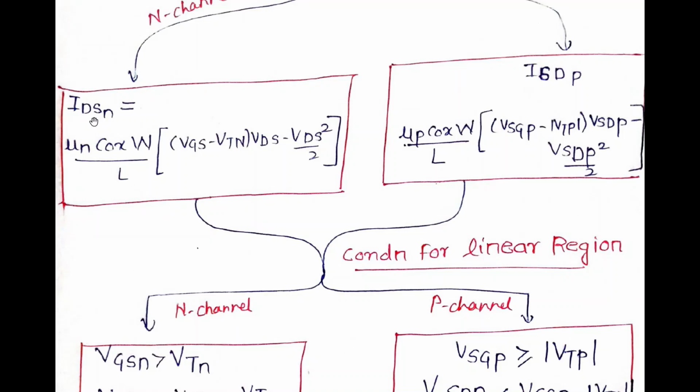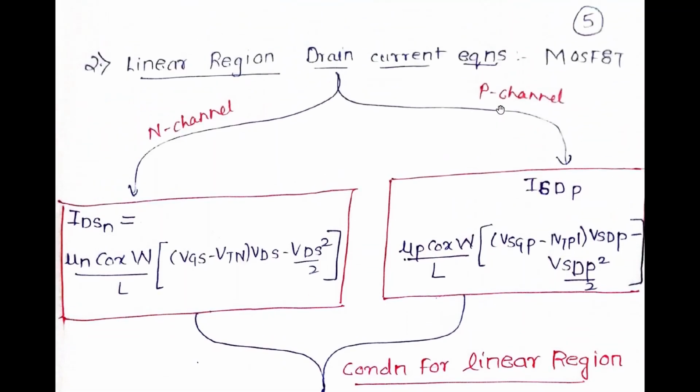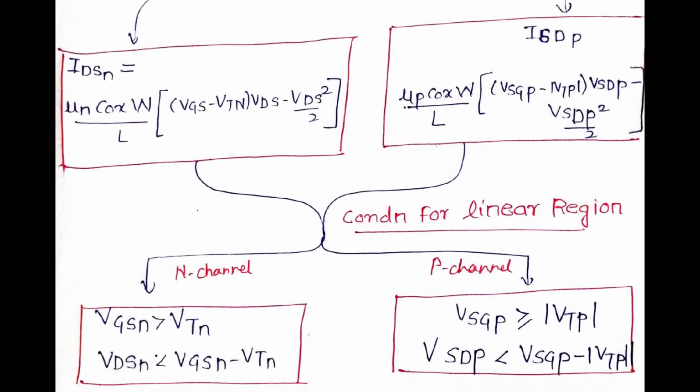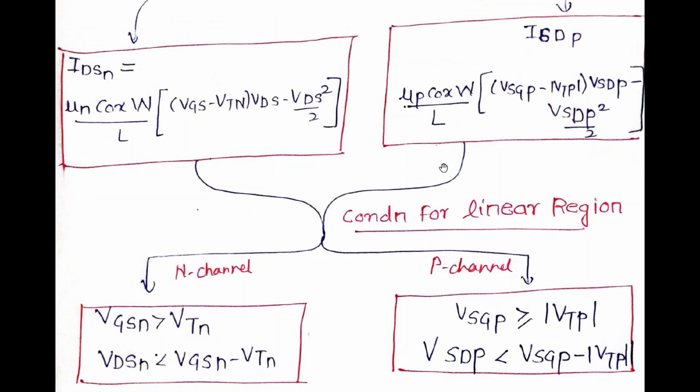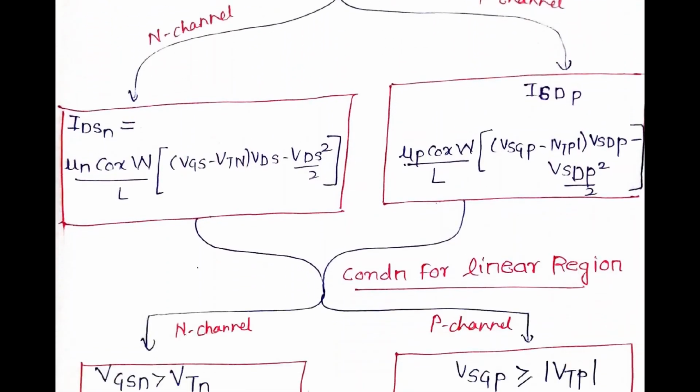So the drain current equation for the N channel linear region is equal to mu n Cox W by L into (VGS minus VTN) into VDS minus VDS square by 2. And the drain current equation in the linear region for a P channel MOSFET is equal to mu P Cox W by L into (VSGP minus mod VTP) into VSDP minus VSDP square by 2. So these are the two equations of linear region current, for an N channel and for a